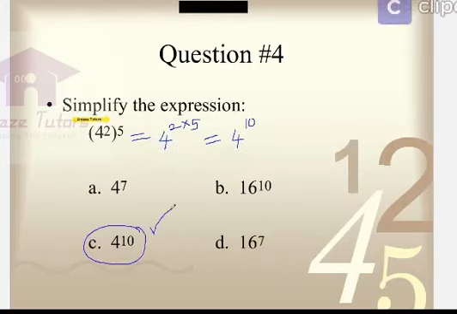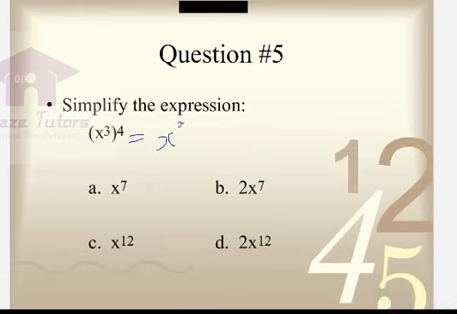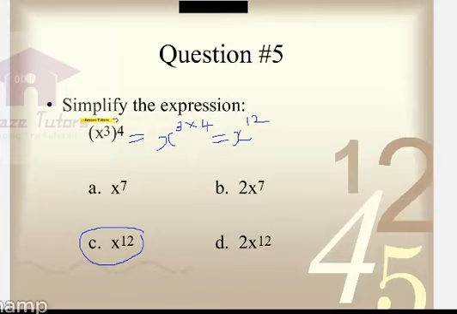Okay, one more question quickly. x power 3 times 4. 3 fours are 12. Multiply, don't add. Because see, when you look at option 7, they have added by mistake. Because they know the mentality of the student. I told you, right? Most of the students will get confused with the product rule and the power of a power. When to add, when to multiply. But I gave you one hint. Whenever there is a single base and multiple exponents, multiply the exponents. Multiple means more than one. And if there are two bases, same base, two exponents, add the powers.